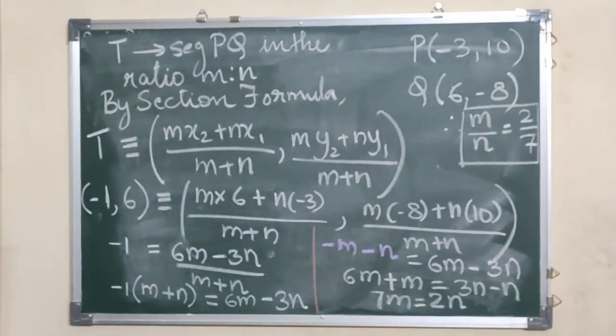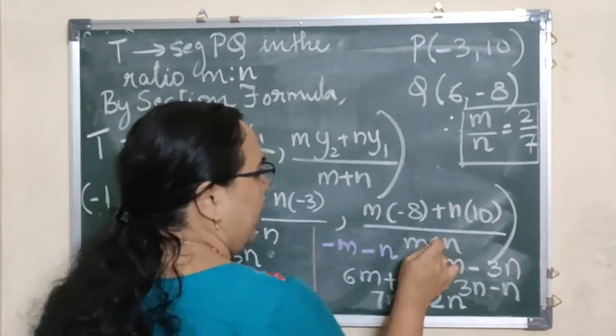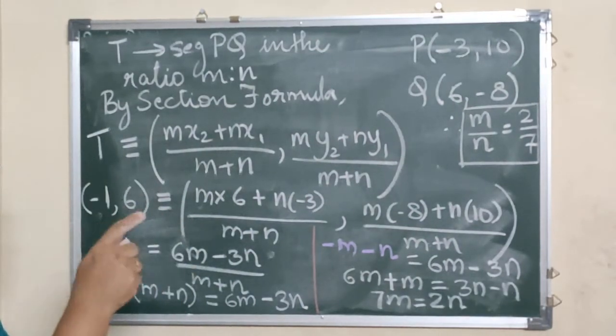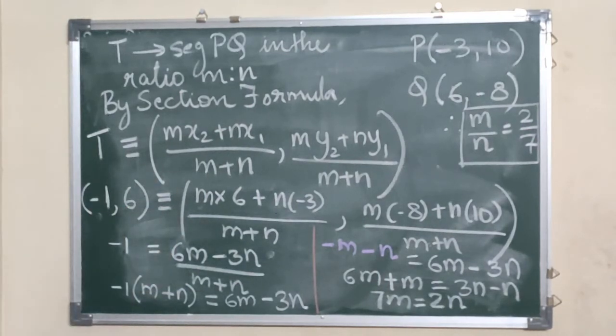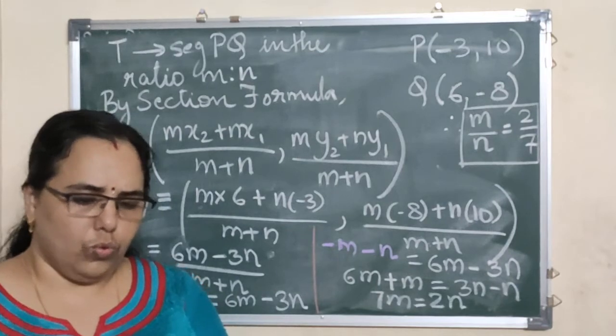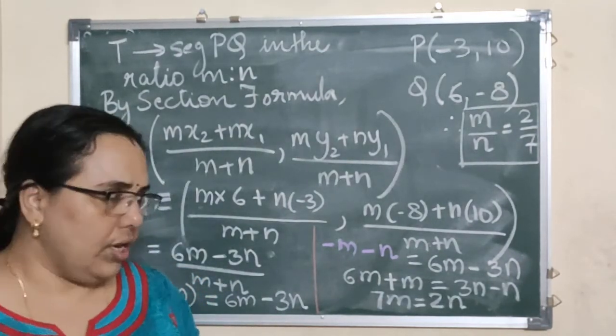Now if you want to cross check, you can just put the value of m and n here and see whether you are getting 6. You need not solve it girls, you can just put it there and do the calculation fast and see whether you get back to 6. Yes, and if you get back to 6, your sum is correct. Okay. Now after this, we go to next, I give you time to complete.